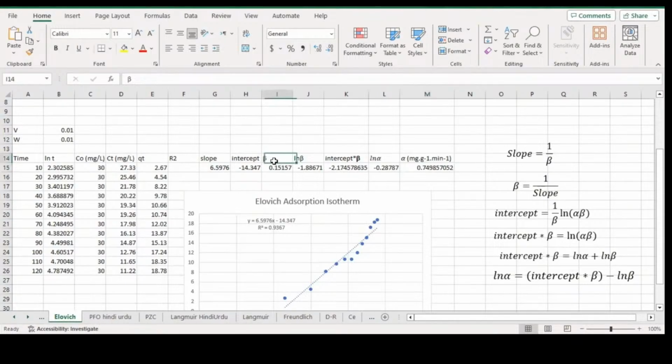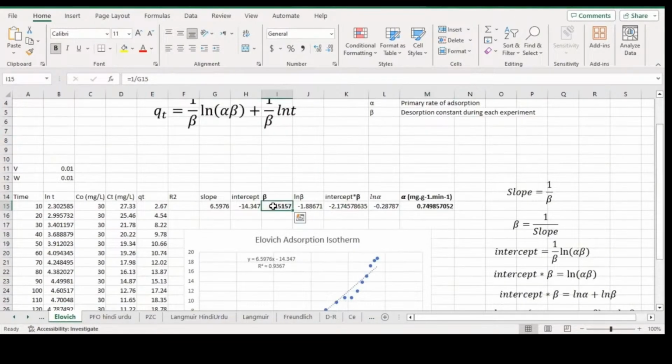As I told you, alpha is the initial rate or primary rate of adsorption according to the Elovich model, while our beta value is the desorption constant. So from here, we calculated the primary rate of adsorption, and our R square value is 0.9367. We use the data which we already applied for the Langmuir adsorption model, for the Freundlich, DR and Temkin isotherm